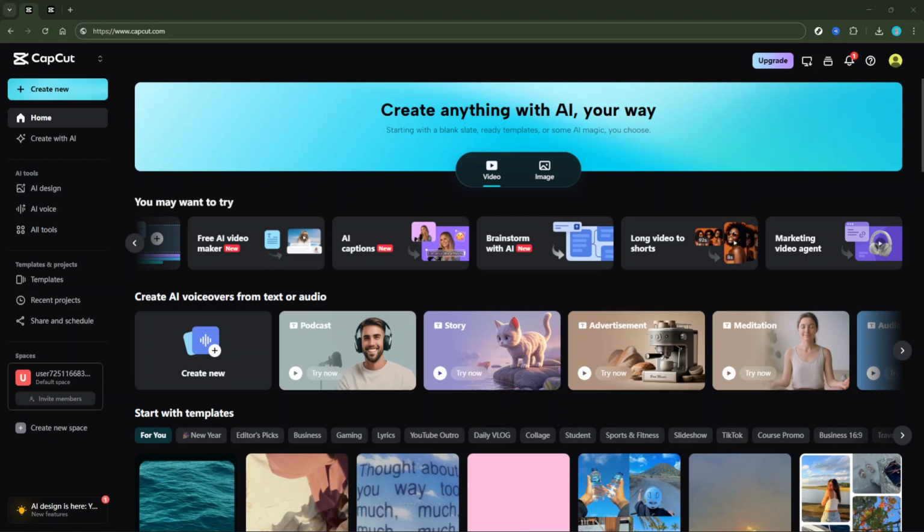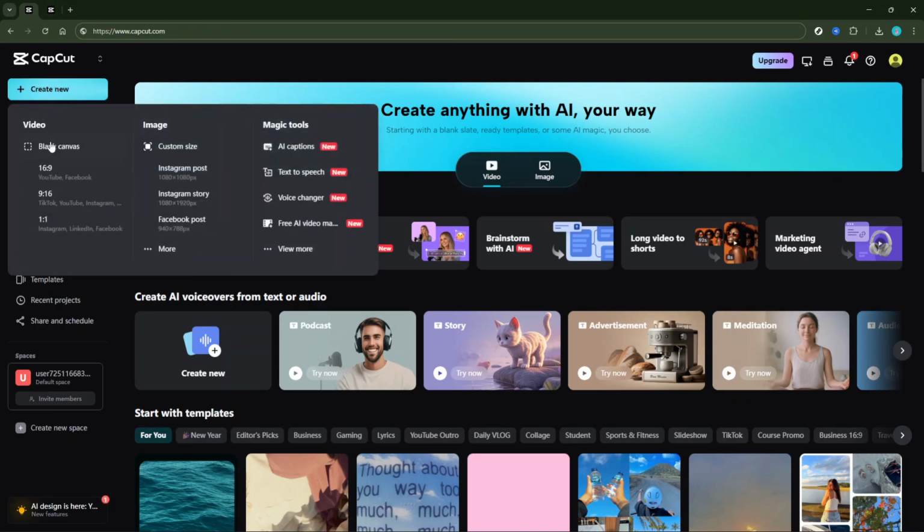To start, open CapCut on your computer. You can either create a new project from scratch or open an existing project that you want to enhance. This is the point where you set the foundation for your video. Making sure you're working on a capable project is crucial, as any adjustments depend on the quality of the source video being compatible with your desired outcome.